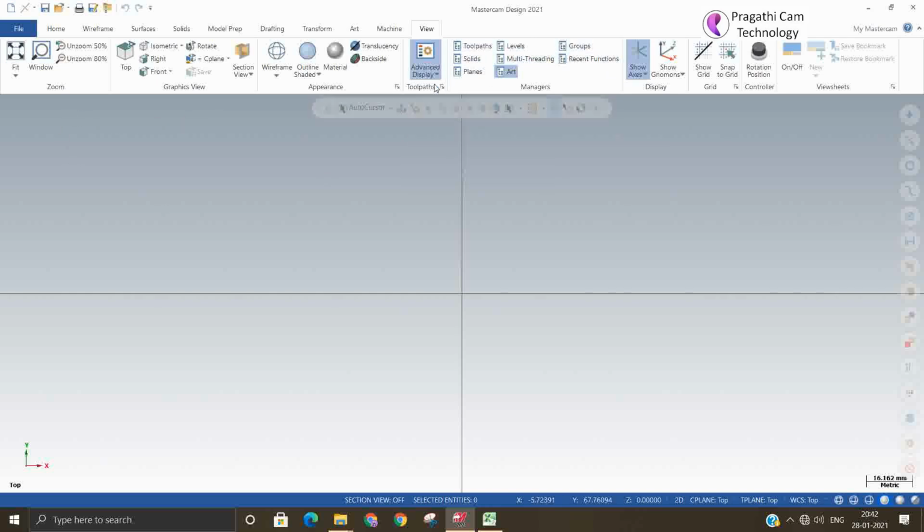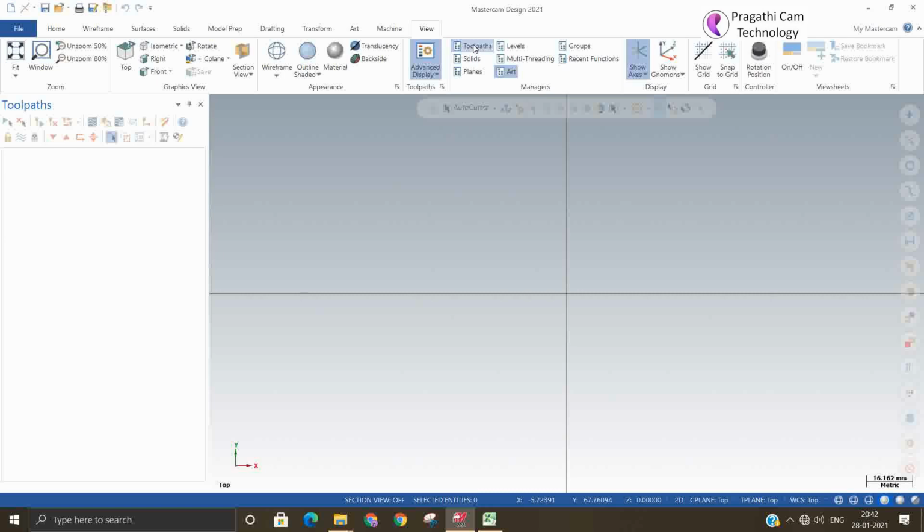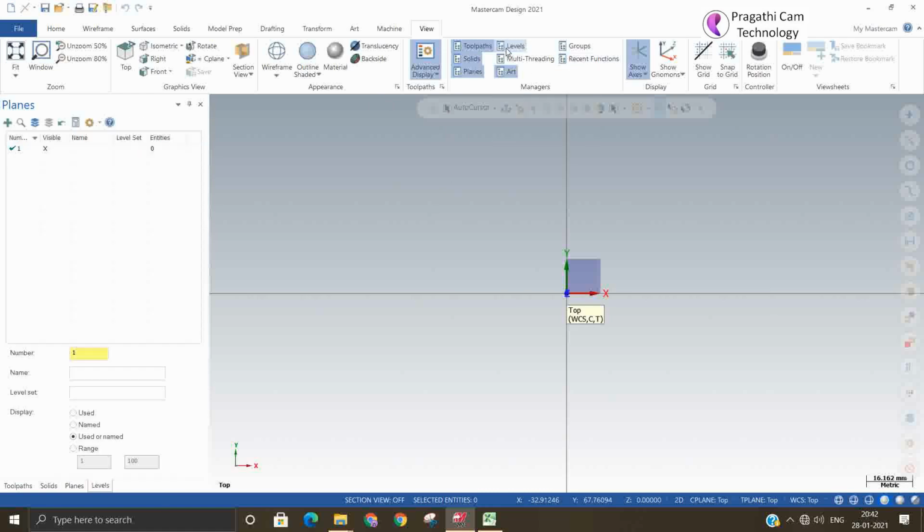It is not necessary to switch on all of them; I have switched on 4 managers, and you don't need to switch on the rest. You can switch them on and off as and when required.